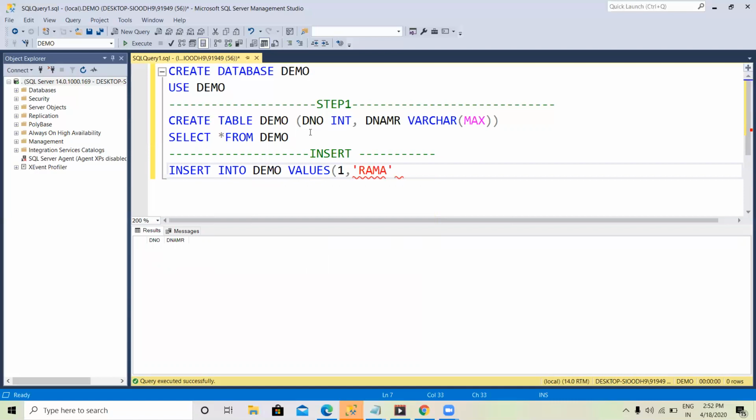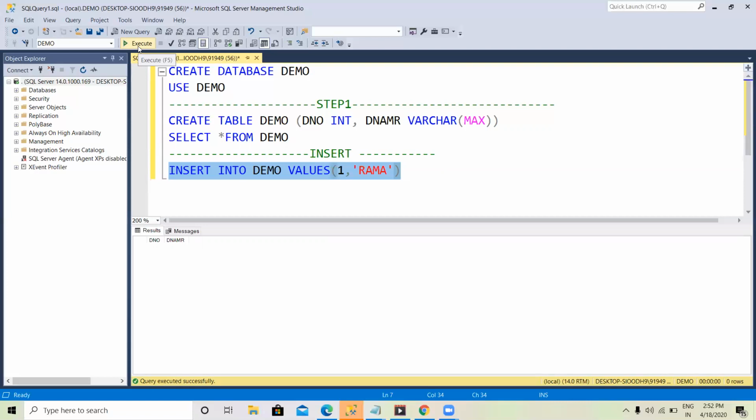One important point I have to say: in SQL data types there is no string. String means any characters written in double quotations. In SQL there is no string. We give single quotations to store our variables. Variables are nothing but names. Okay, let us execute it. There is no data in the table right now.